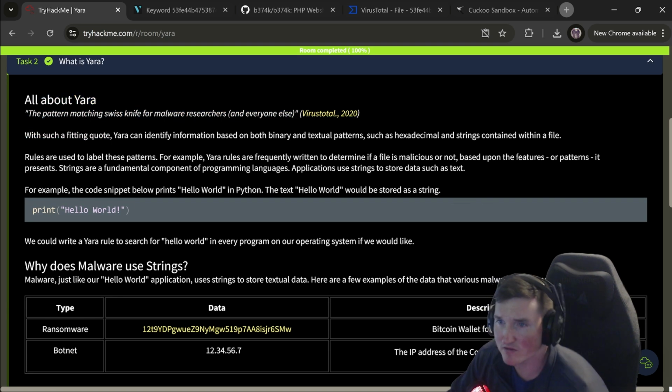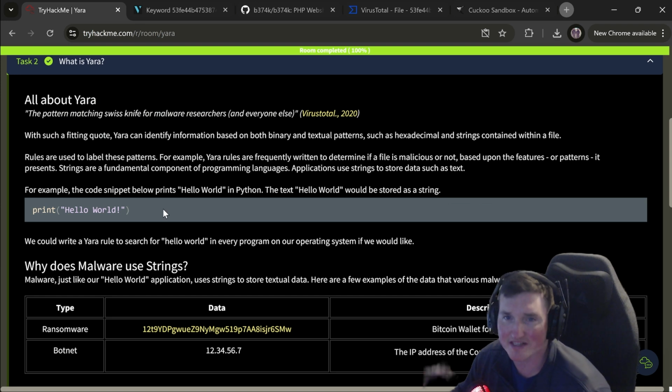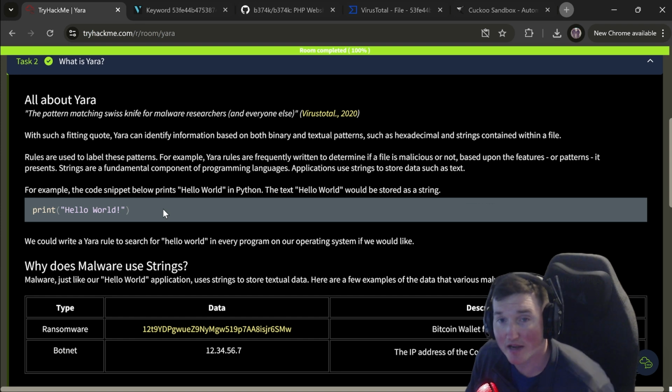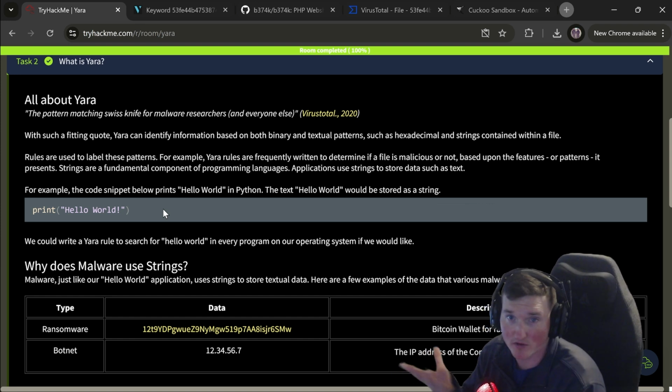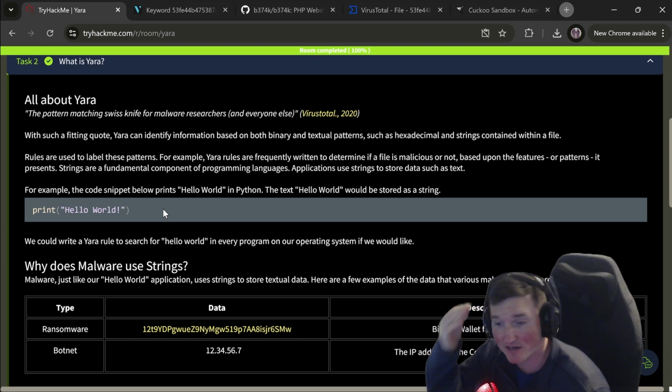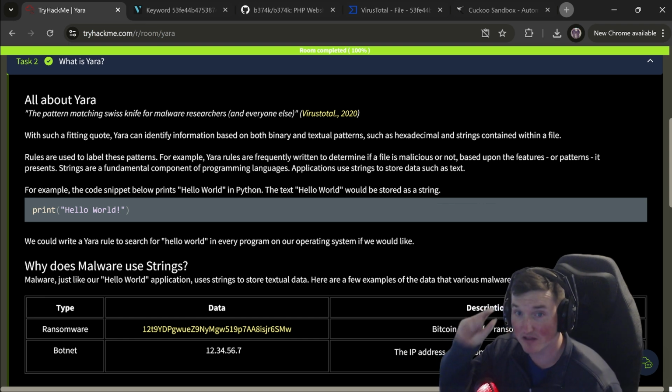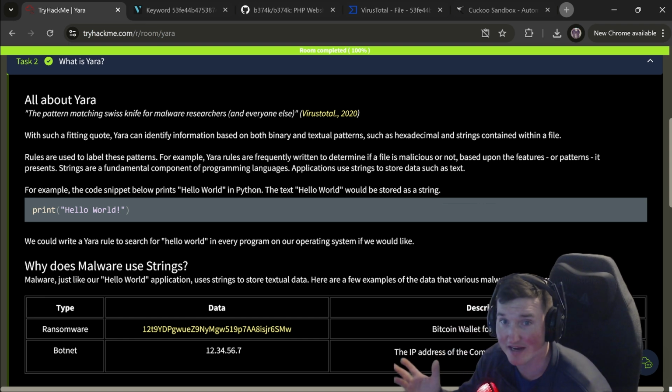Here we go. First things first, what is a Yara rule? It's just a rule that looks for a pattern in something, in a file, in a text, whatever. Depending on what you tell it to do, it can alert on those rules. So it can tell you, hey, yes, this has XYZ in it, or hey, no, this isn't. This is really useful because you can use these to actually detect malware and things like that, because you can create a rule that detects a lot of signatures and malware indicators.